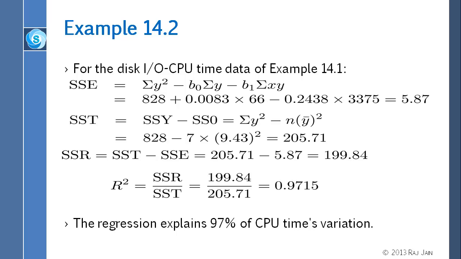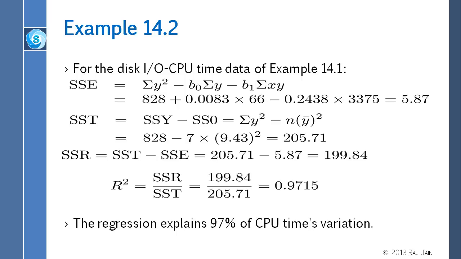If you remember the right column, that is sum of square errors. But you can also get it by this formula, which is sum of y squared minus b0 times sum of y minus b1 times sum of xy. So you can calculate y squared, the sum of y's, and the sum of xy, and put it together. Anyway, you get 5.87. You can calculate SST as the total variation, so you calculate the sum of squared y and then minus n times y bar squared, and you get